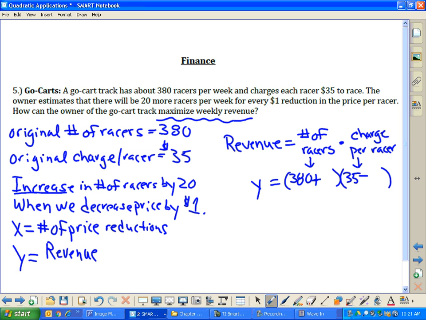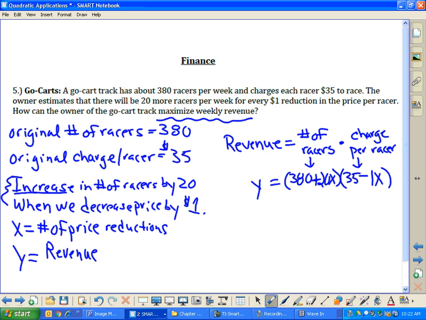Keep in mind, this is where this sentence is coming in right now, we're going to increase our number of racers by 20 more racers per week. 20 more racers per week, for every $1 we reduce the price. What am I going to add on to that 380, Maddie? It would be 20x. Very good. And now the charge per racer. Sydney. Yeah, very good. We're going to take off